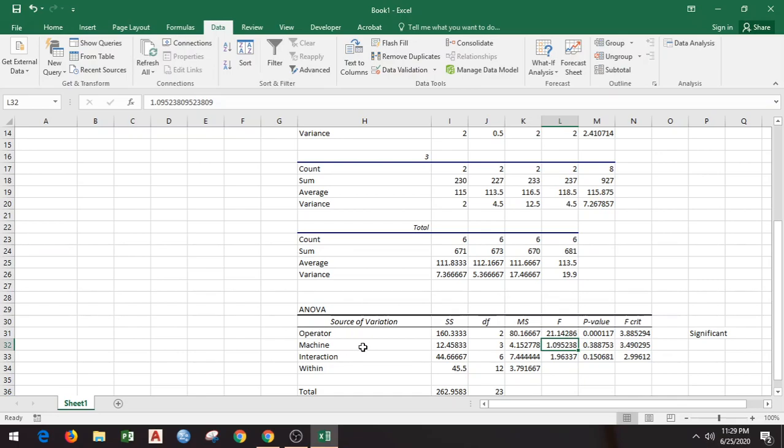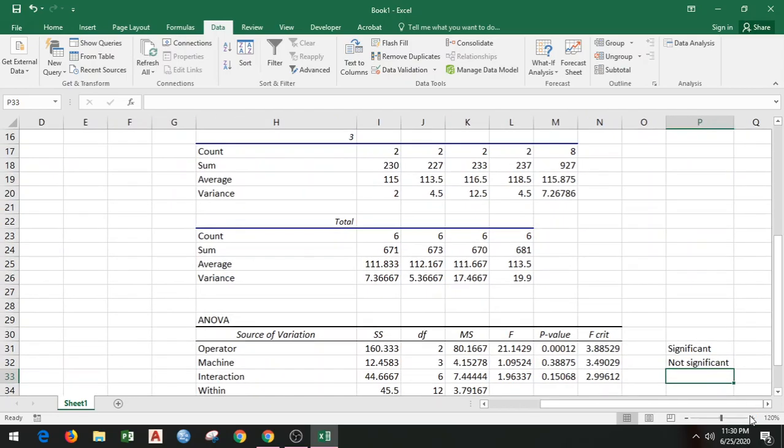This factor is not significant. These 4 different machines, they are same. Their effect on the breaking strength is same. We can also look at P value, which is higher than alpha value, so same conclusion. So that means factor machine is not significant, right?